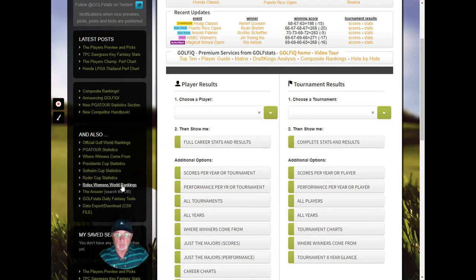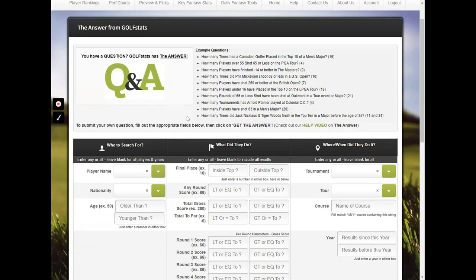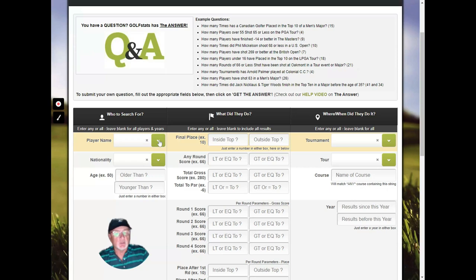We have the Women's World Rankings. The Answer is another part of GolfStats that doesn't get much use, but it's, again, pretty cool. It lets you come up with some complicated queries of our database. Let me show you an example. Let me say I want to look up Tiger Woods